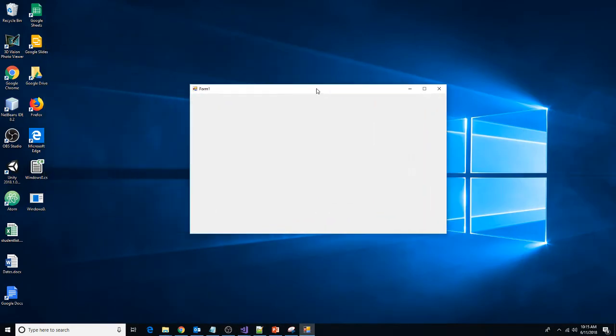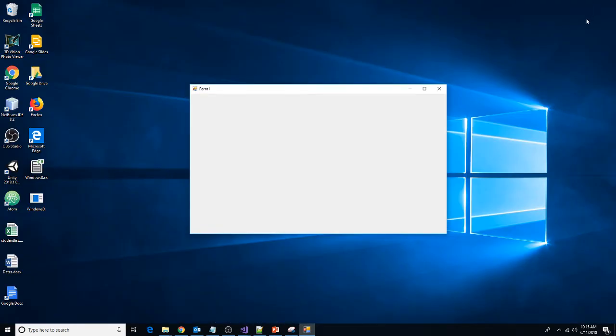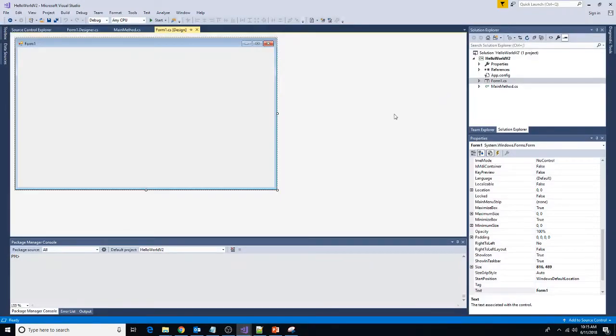When we run our project, we have the default Windows characteristics of a title bar. We have our minimize button, our restore, and our close. We can maximize it. We didn't have to add any code, if you notice, to make those things work. Those common Windows characteristics are built into our Windows Forms class. So our default form is working great, but it says Form 1 up in the title bar, and that's not